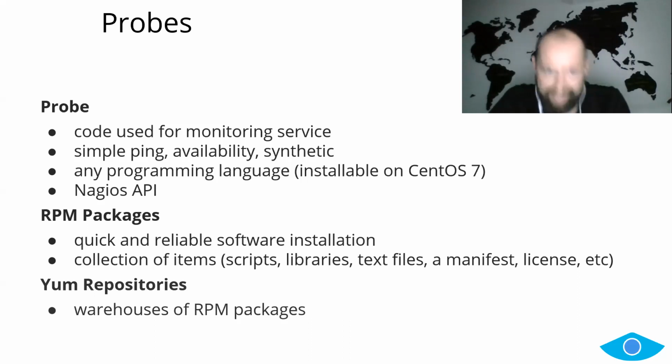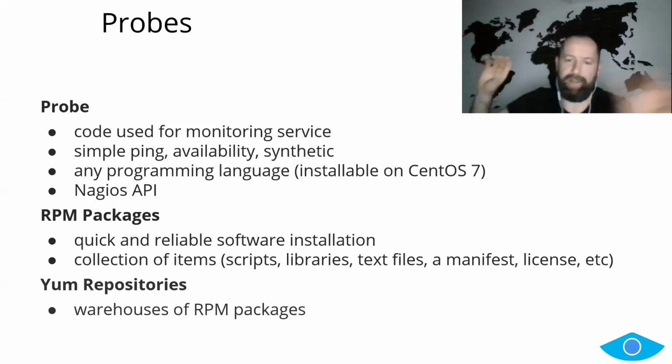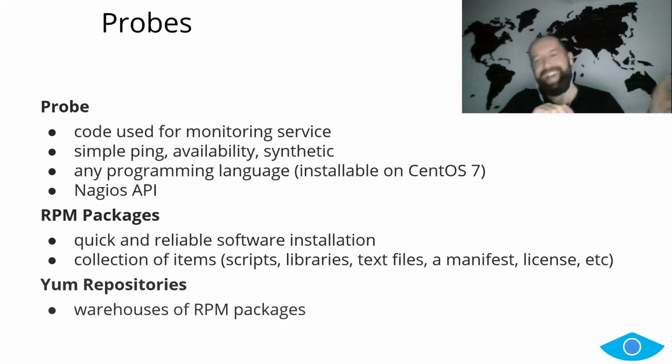However, right now there are some limitations, which are mainly because we work hard to automate all this. Basically, what we have right now is that once you put things in POEM, they magically just appear on the Nagios box and start running. So that's why we have strict requirements right now that the probe has to be installable on CentOS 7, and it has to be nicely packaged.